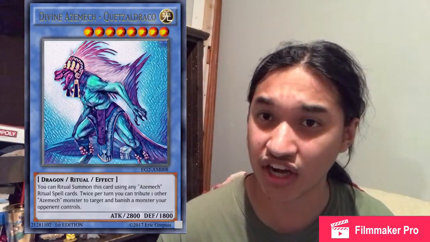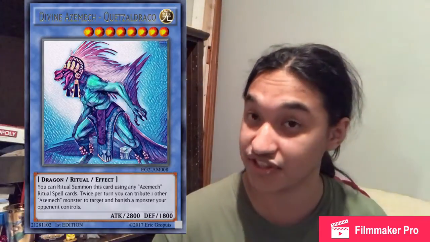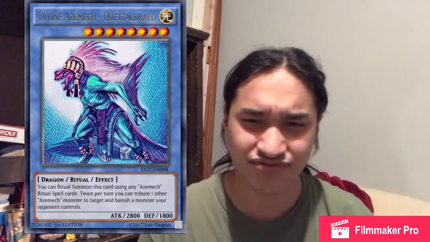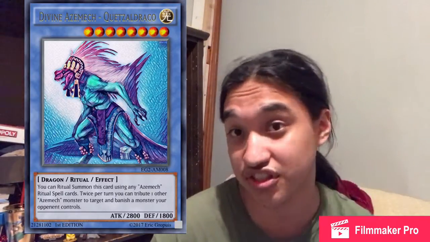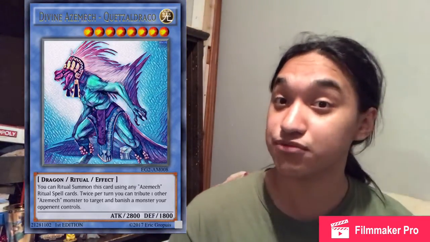Also known, I believe, as the god of life in Aztec culture. So yeah, he's a light attribute, level 8, dragon ritual monster with 2800 attack and 1800 defense. His effect is that you can ritual summon this card using any Azemech ritual spell card. That's the clause every ritual monster needs. So yeah, basic. And then finally, his effect is that up to twice per turn, you can tribute one other Azemech